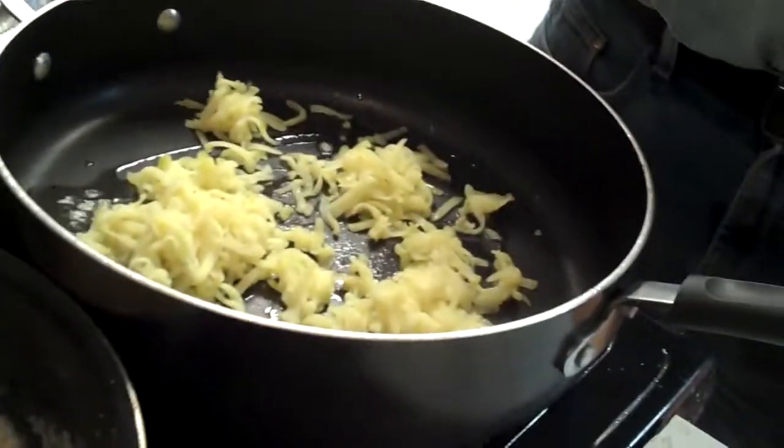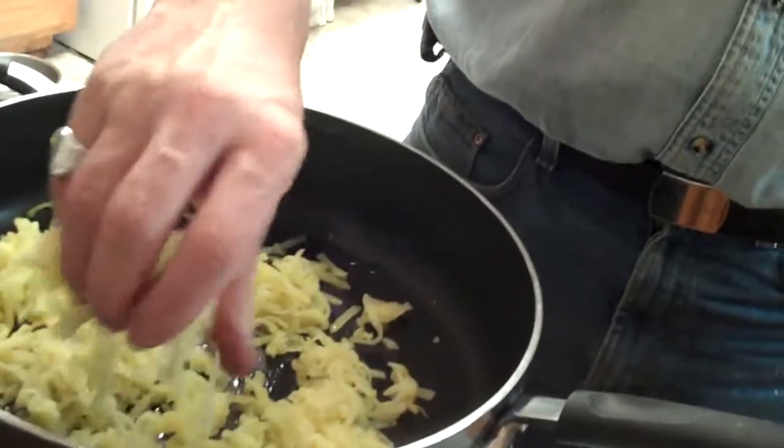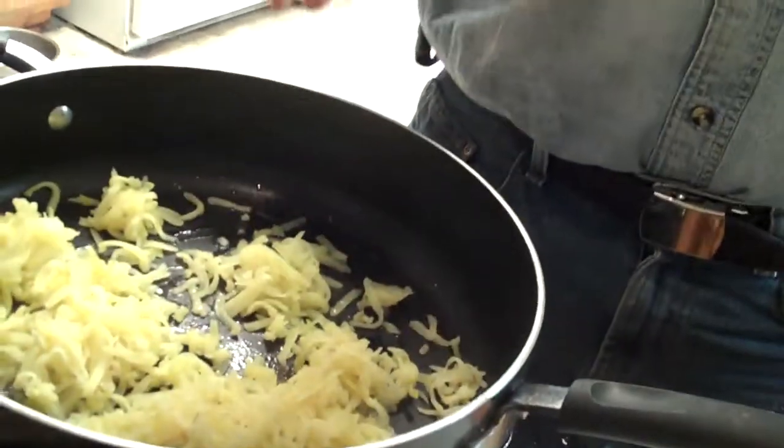Now, hash browns are not typically a dinner dish, and I think that's a crime. You should have hash browns anytime you want. People think it's a breakfast food. Oh no, breakfast food, that's a hamburger or hot dog. But well, there's no bad way to have a potato, so